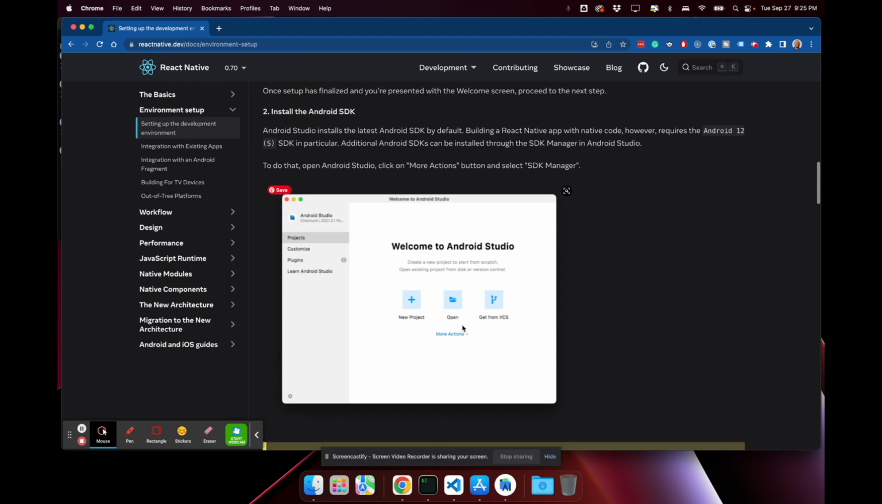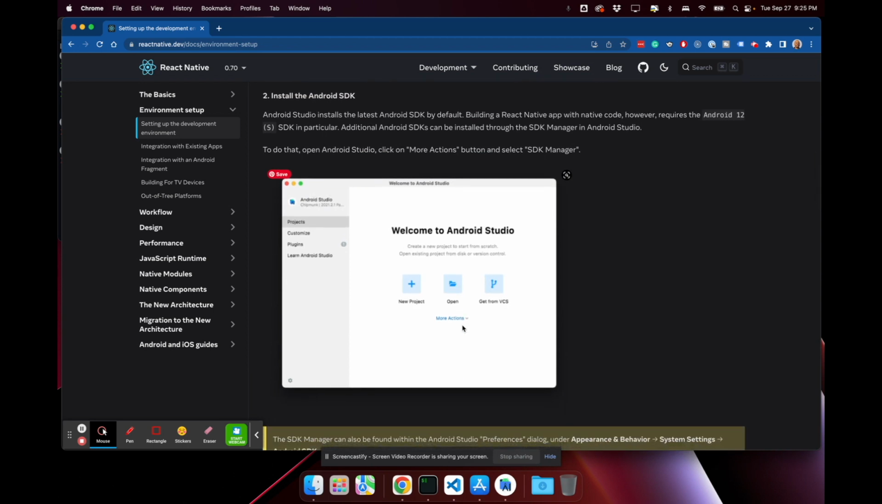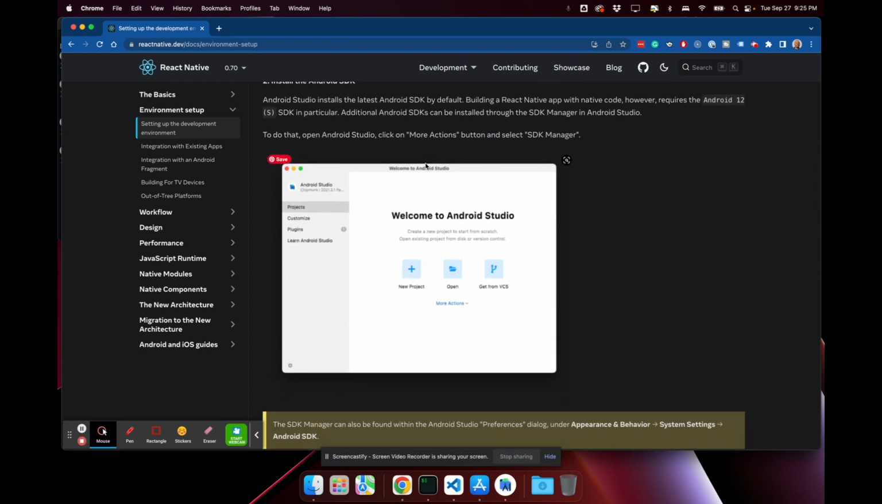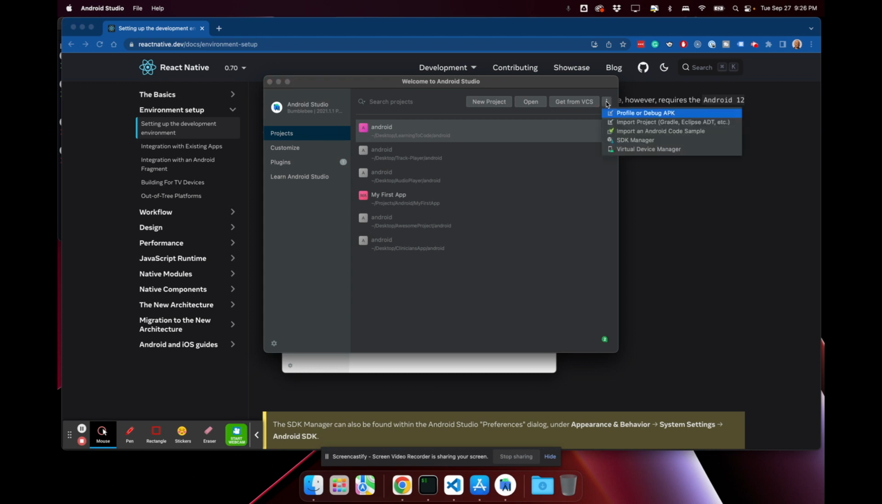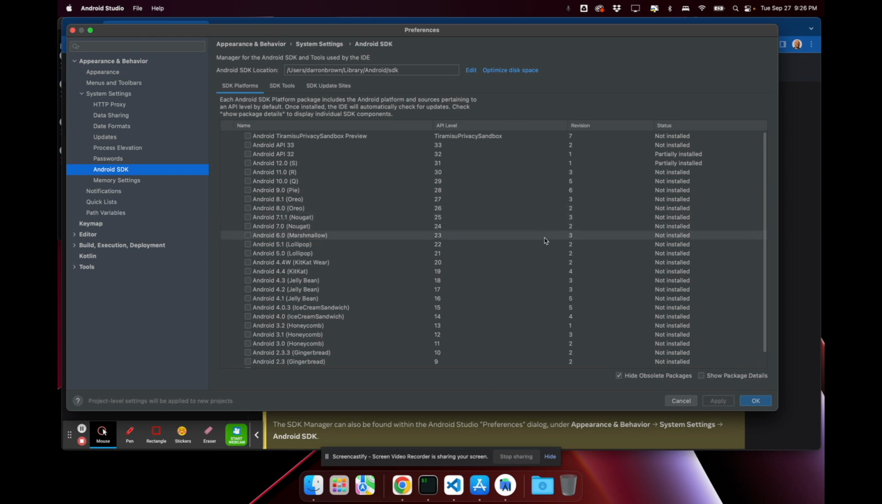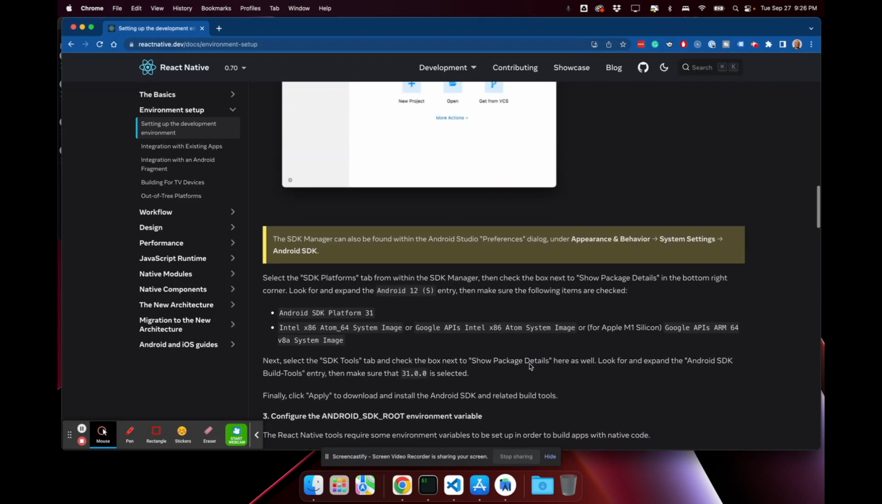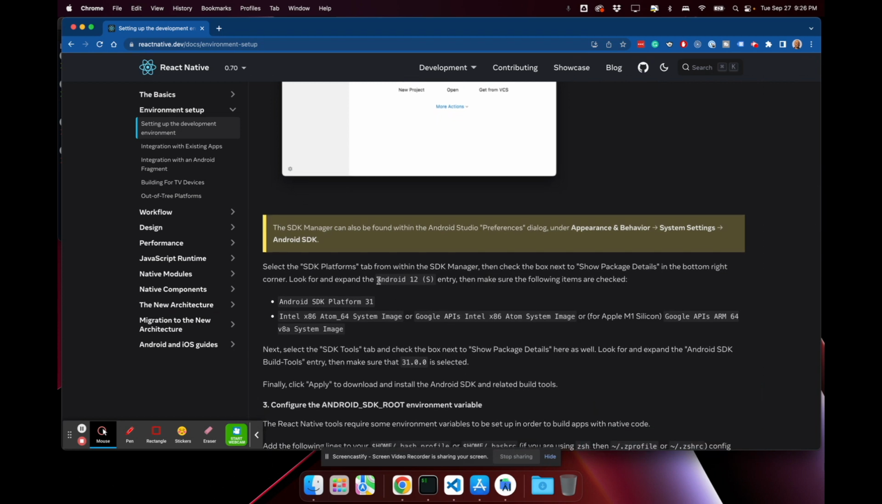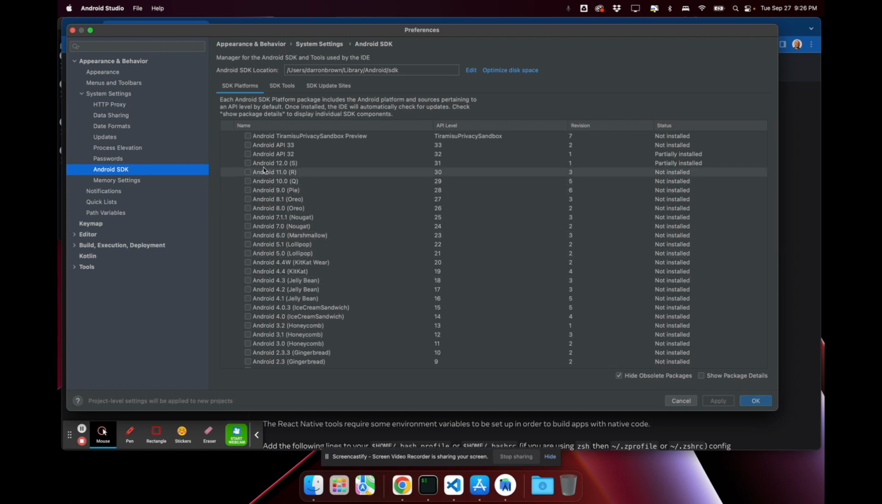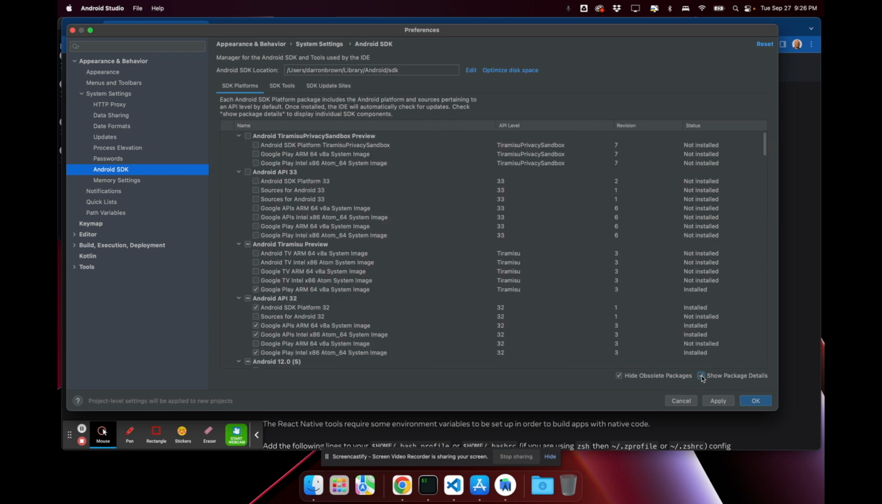Now, once you've installed Android Studio and you've opened it, what I want you to do is select SDK Manager. So you're going to go to these three dots here and select SDK Manager. Now, once you've done that, we're going to look for Android 12, which is here. So we're going to expand it, show package details,